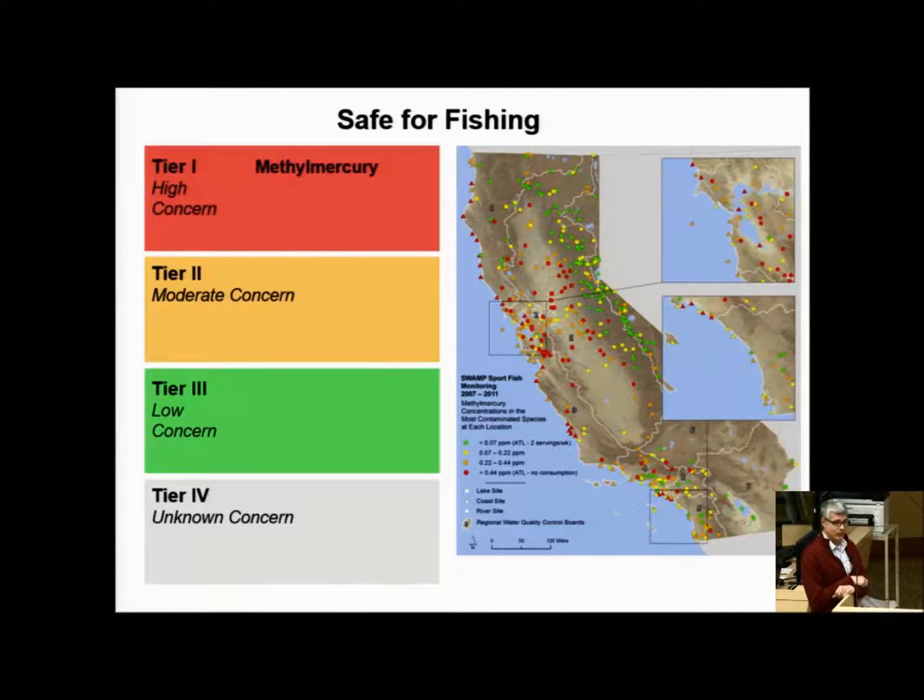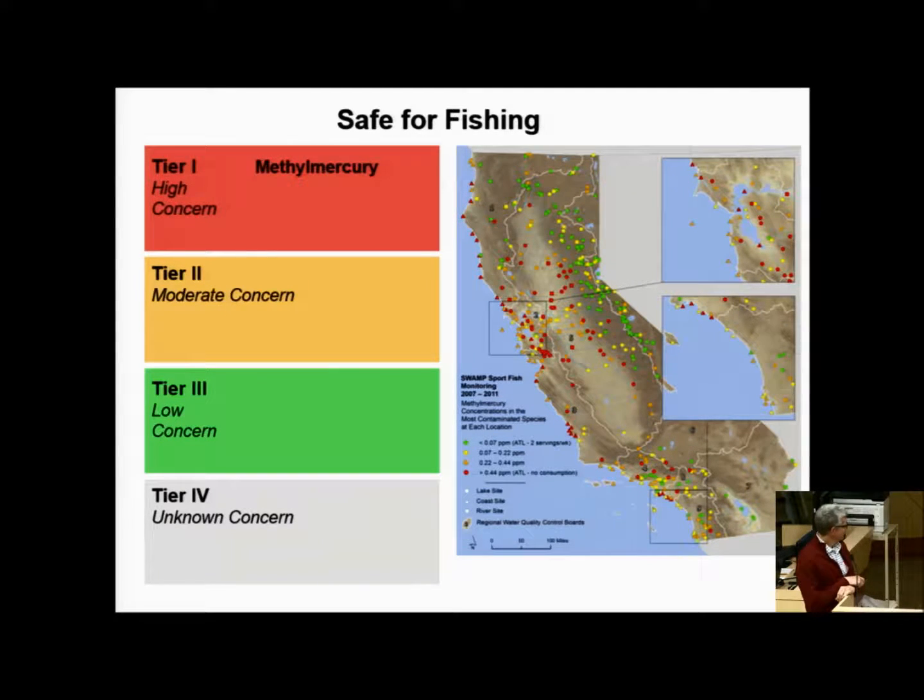First I'm going to focus on contaminants and the fishing beneficial use. And at the top of the list here is methylmercury. The map shows data from 2007 to 2011. We had a 5-year period where SWAMP collected data on a statewide basis on contaminant accumulation in